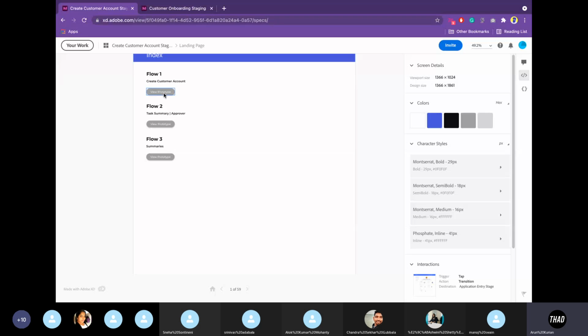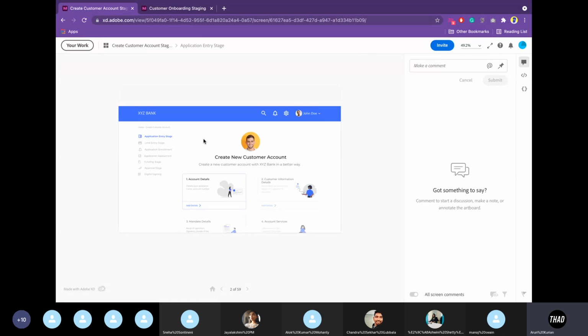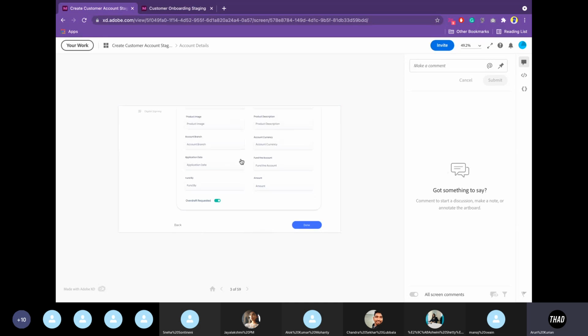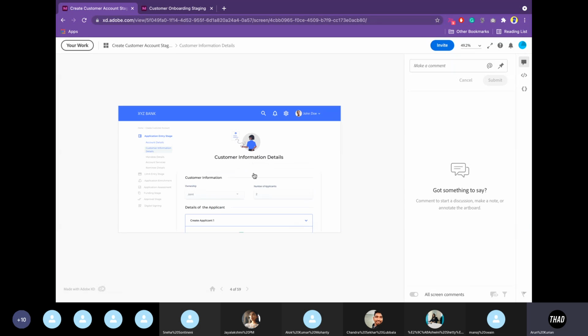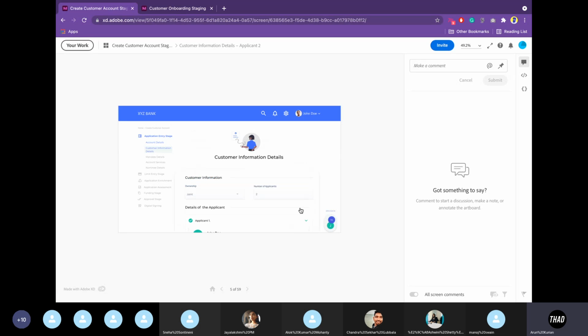For example, in order to create a customer account, you just need to click here. So this is the flow to create a customer account. Here, you can select this, then this information will be visible. Then you can have a look at all the fields mentioned over here. Then you can click on this. Then this is how you create an applicant. Then you can press here. So this is the whole prototype part. So in Adobe XD, you will be able to create clickable prototypes. I hope you are seeing that. Yes.